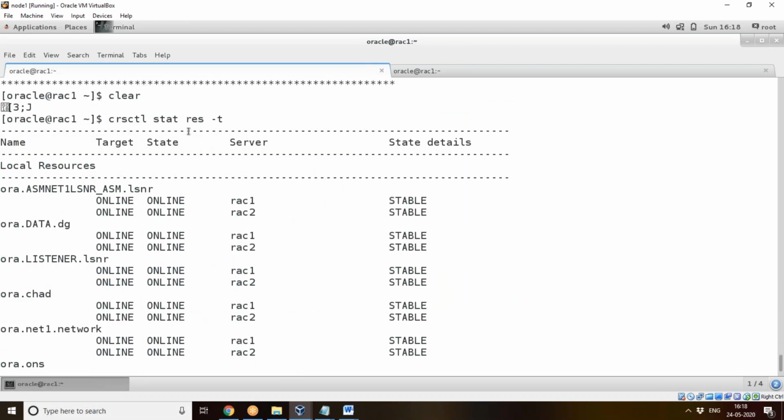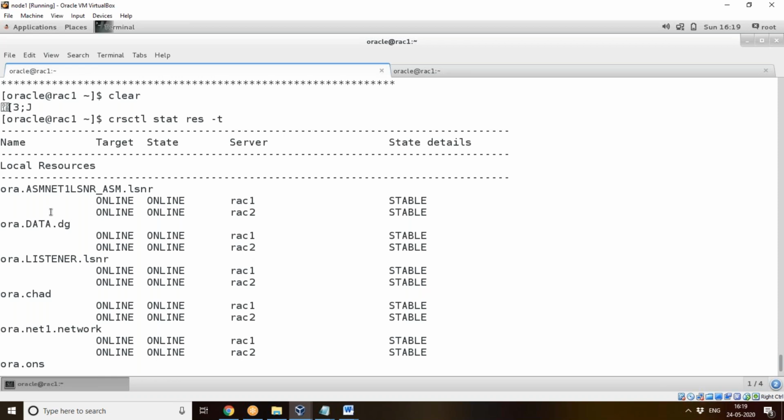It will show you the name of the resource and target, in which state it should be and which state currently it is in. This is the target state; it should be online. Then what the state is, under which server it is, and state details, whether it is stable or unstable or observer mode.